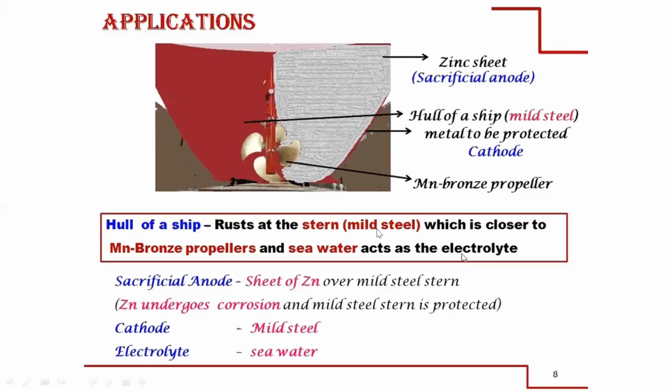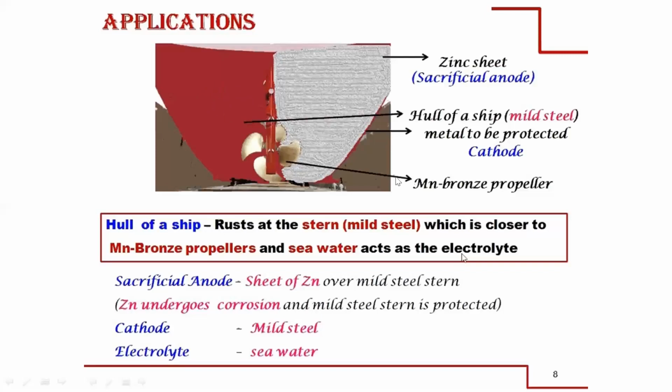Now what we can do is go to the electrochemical series and select a more active metal compared to steel. Zinc is a more active metal compared to steel. Now what we're doing is taking a zinc sheet and fixing it onto the mild steel. You can see this is the zinc sheet above the mild steel, whereas on one more side it is not fixed. But for your understanding, this zinc sheet is fixed on only one side, and on the other side we left it blank.